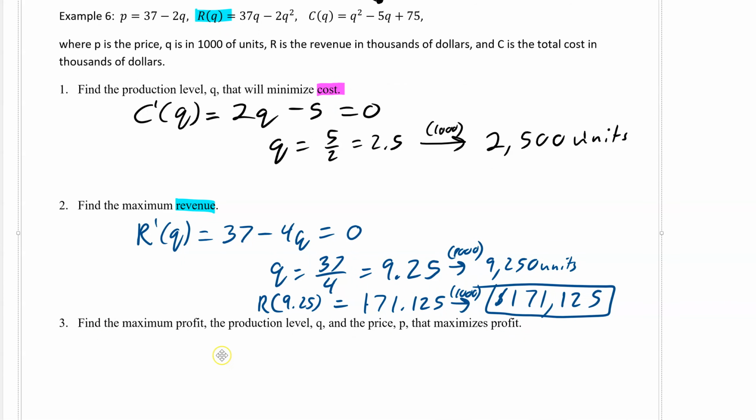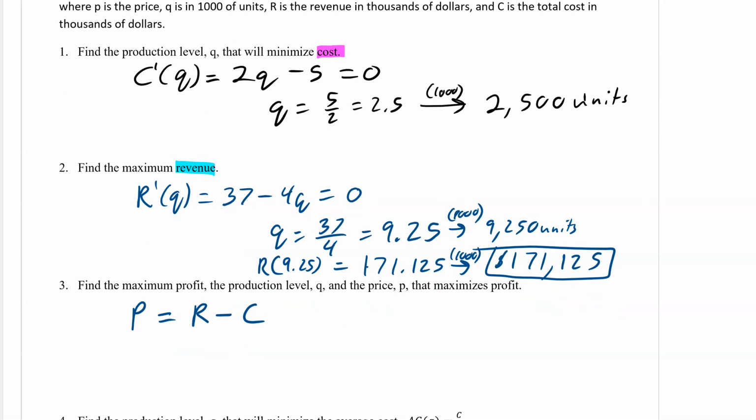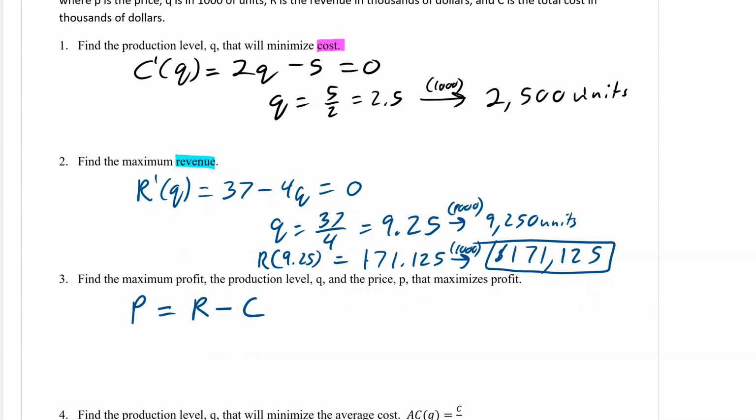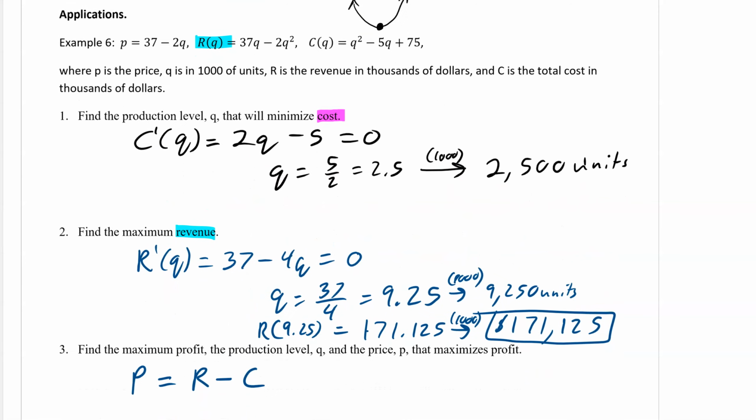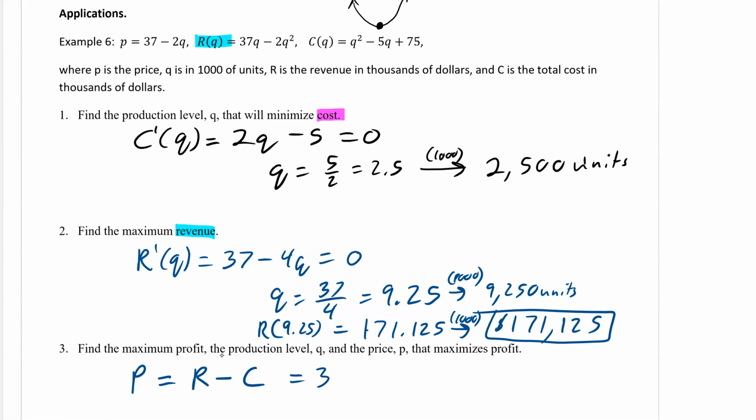Now it says find the maximum profit. So what function do we use? You guessed it, profit. The key is to focus on what we are maximizing or minimizing. So if we take the revenue and the cost and subtract them, so we're going to take our revenue function, which is 37q minus 2q squared, and subtract the cost function, so q squared minus 5q plus 75,